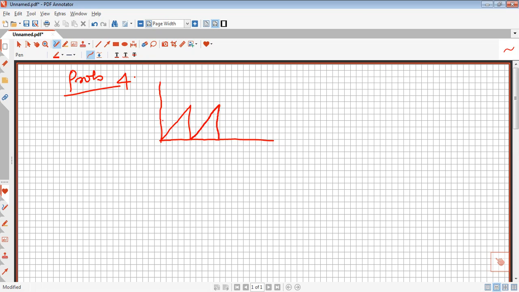Here the magnitude is 10, and this is not current, sorry, this is voltage. In fact, this is 10 volt, this is the voltage axis, and this is the time axis in seconds. The time marks given are 0, 5 and 10 seconds. In this question, it is asked to determine the average value.